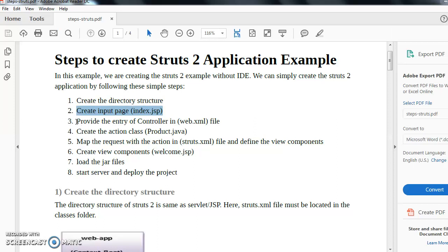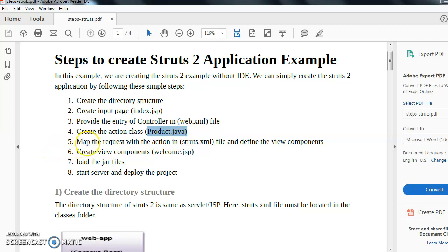Third step is to provide the entry of controller in web.xml file. Fourth is create an action class product.java. So instead of product.java, now I will demonstrate how to add two numbers using Struts.